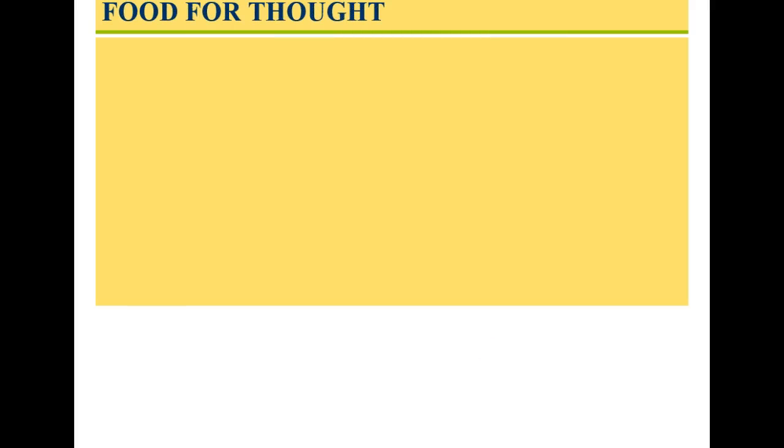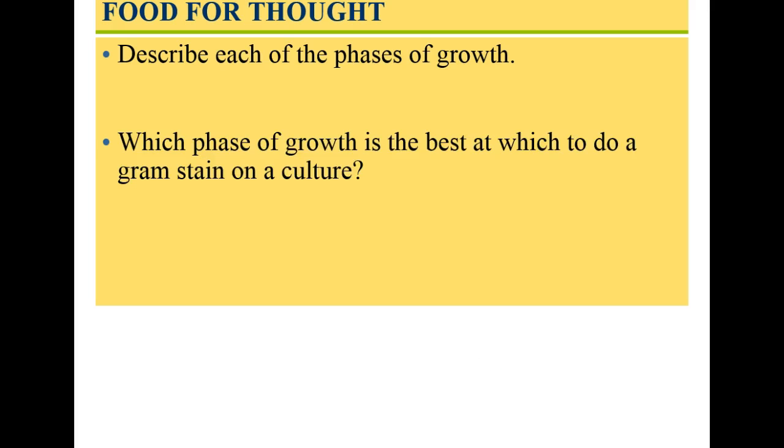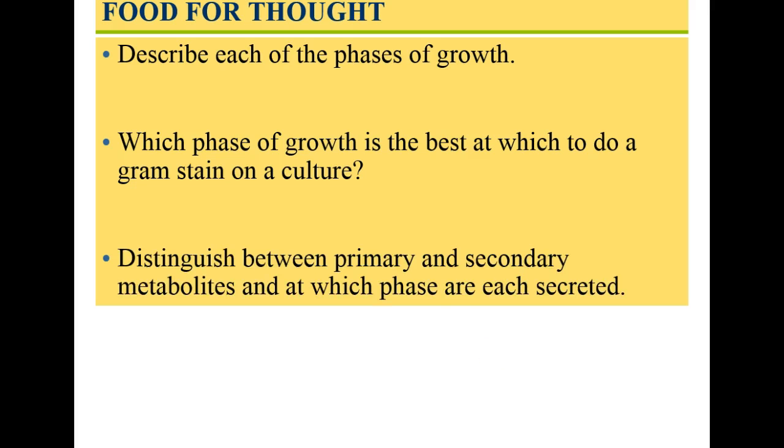You should now be able to answer the following questions. Describe each of the phases of growth. Which phase of growth is the best at which to do a gram stain on a culture? Distinguish between primary and secondary metabolites and at which phase are each